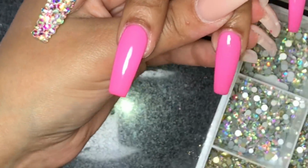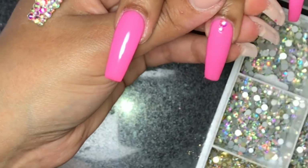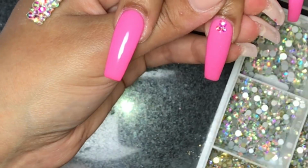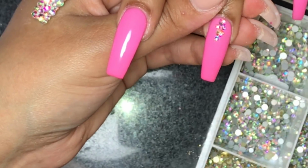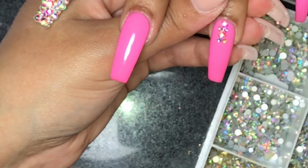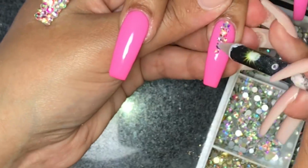Alrighty, and for this index finger, we're just going to do some going down in a straight line. I'm going to be using the same SS6 and SS12. I'm doing one SS12 and then two SS6, and I'm just going to alternate until we get down to the tip. And I'm also going to be using my Mia Secret Gel Resin Activator, which is a spray that helps